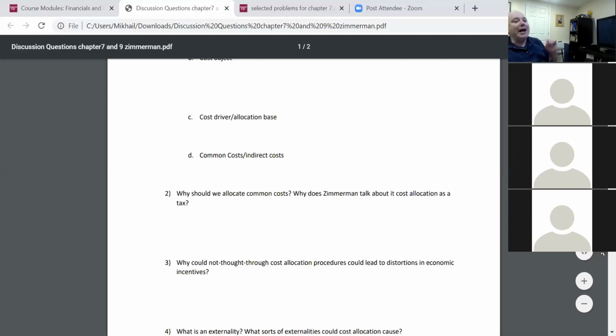Now, the reason why I'm spending a lot of time on that is not because I like to philosophize on accounting issues. This is actually a very important topic for all of you. If you're ever going to manage any sort of project, or you're going to manage a team, it will come to you in one way or the other.